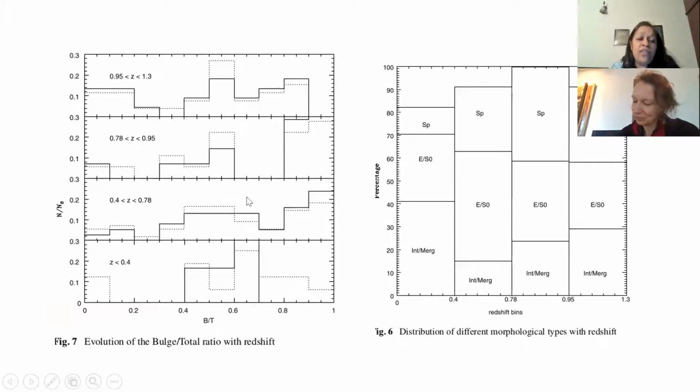And therefore, you can see over here this is the bulge to total ratio for different redshifts. For redshift range less than 0.4, this was the bulge to total ratio. You can see more bulge dominated. Then between 0.4 and 0.78, this is the distribution. 0.78 to 0.95, this is the distribution, and this one is this. So you can actually see the evolution of AGN, and basically the evolution of host galaxies of AGN